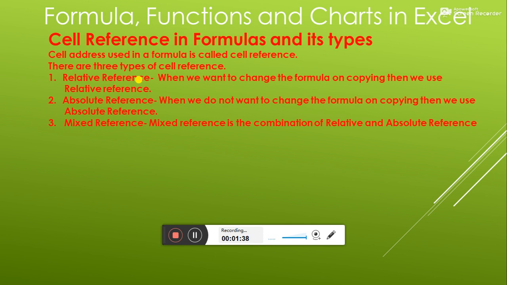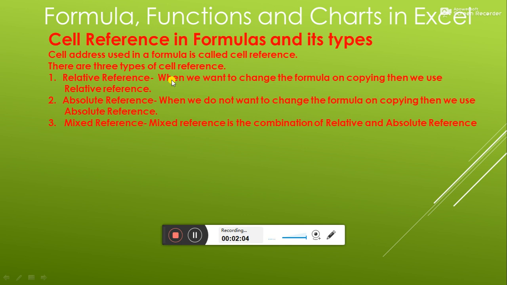First type is your relative reference. When we want to change the formula on copying, then we use relative reference.